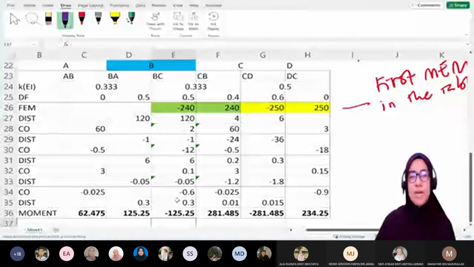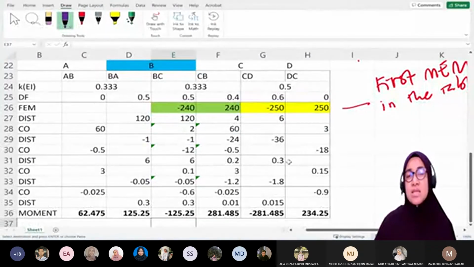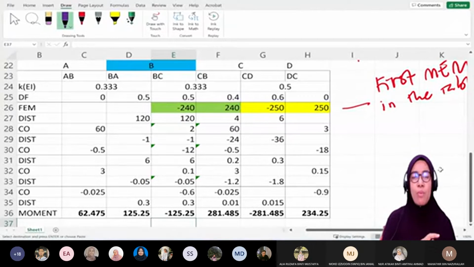Okay, so the moment that we get here is actually the internal moment, and from this moment we can directly draw the BMD. Draw the BMD. So daripada moment ni macam-macam kita boleh buat. Daripada moment dekat sini kita boleh